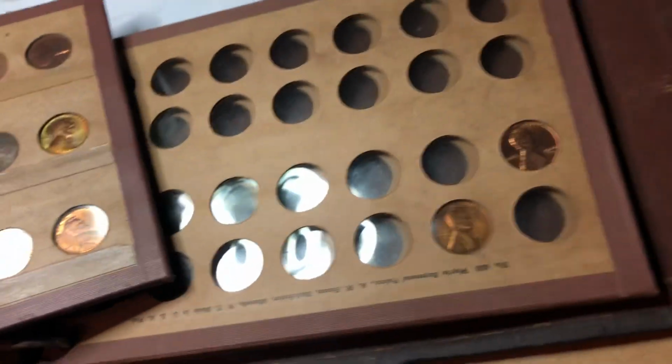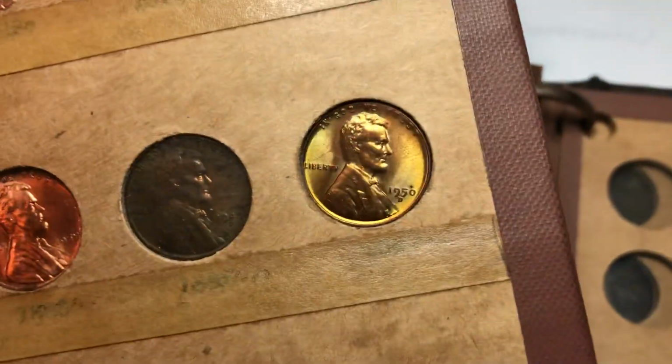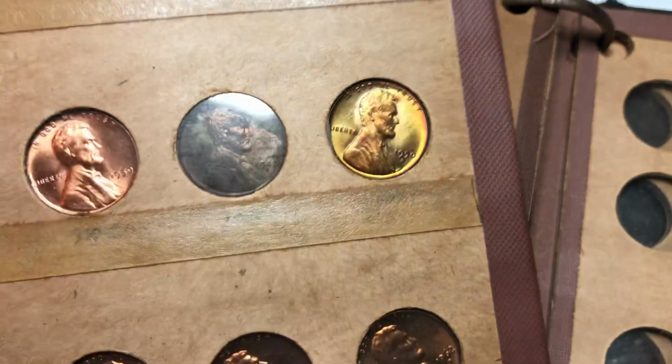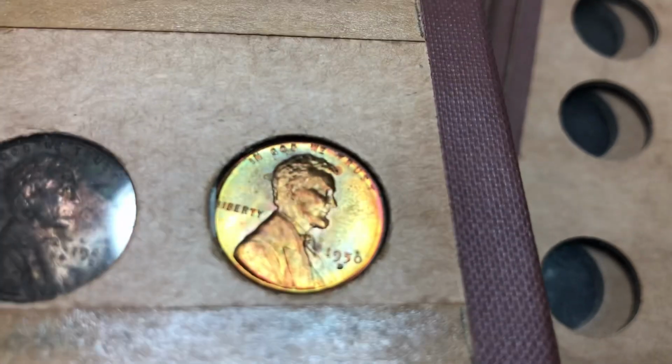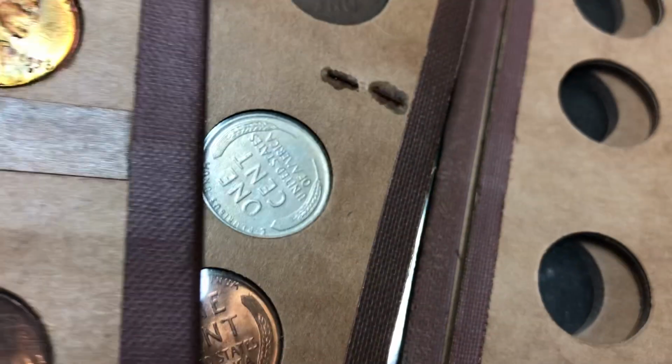As I get to the back, one of the things I want to show you guys, I am definitely sending this bad boy in. I pulled the sleeve back so you can actually see the true color of this coin. But man, the rainbows that are coming out of that 1950, and I believe it's a D, yeah, a 1950 D, are just unbelievable. I think that's such a cool toning on that coin. On the backside,